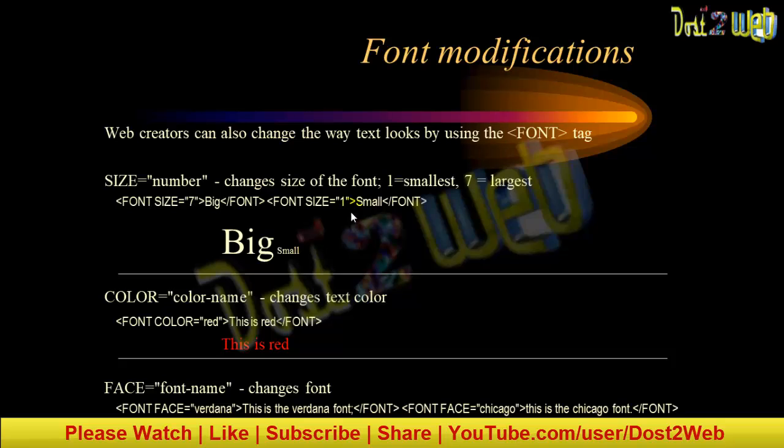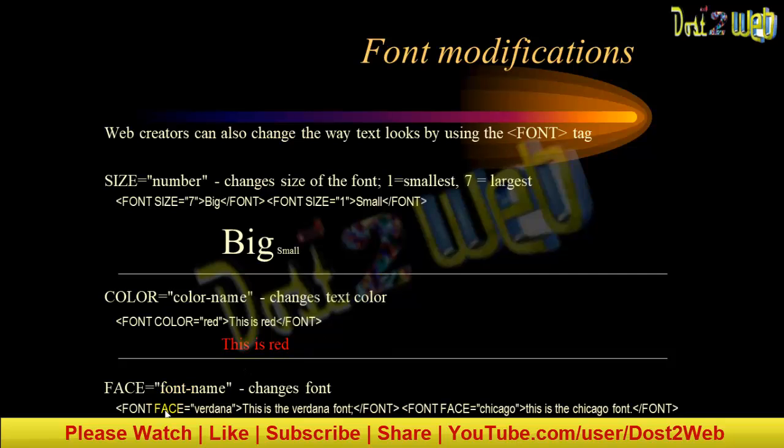Now suppose I want color. I want big to be a different color. I want small to be a different color. Then for that also in HTML we have the color attribute, COLOR, not COLOUR. You have to give color equal to a color name. You can write either a color name or a hexadecimal color code also, the 6-digit color code. This will change the color. If you want to change the color, you have to use color equal to red. Now this is just for size, this is for color.